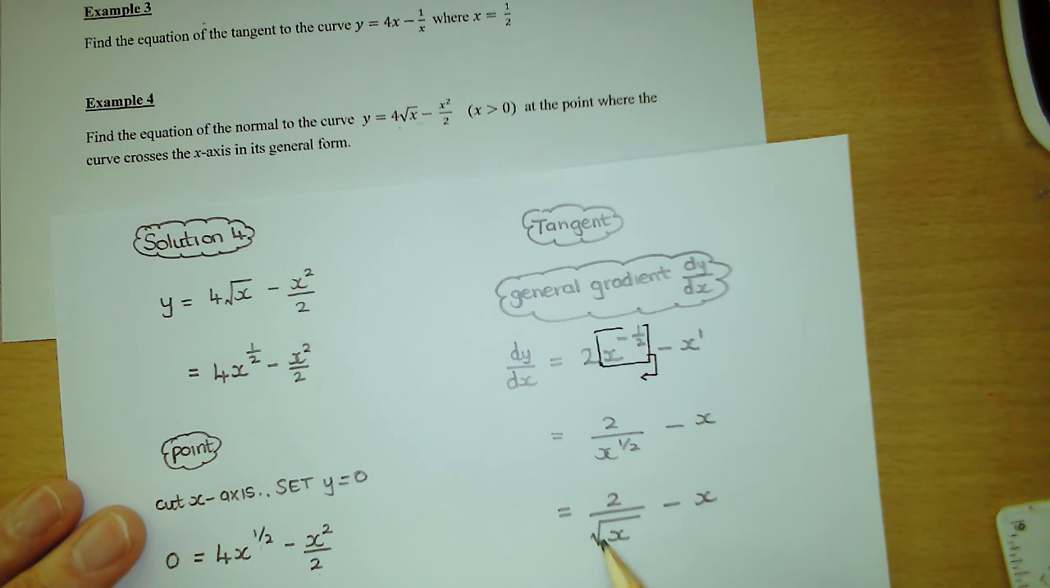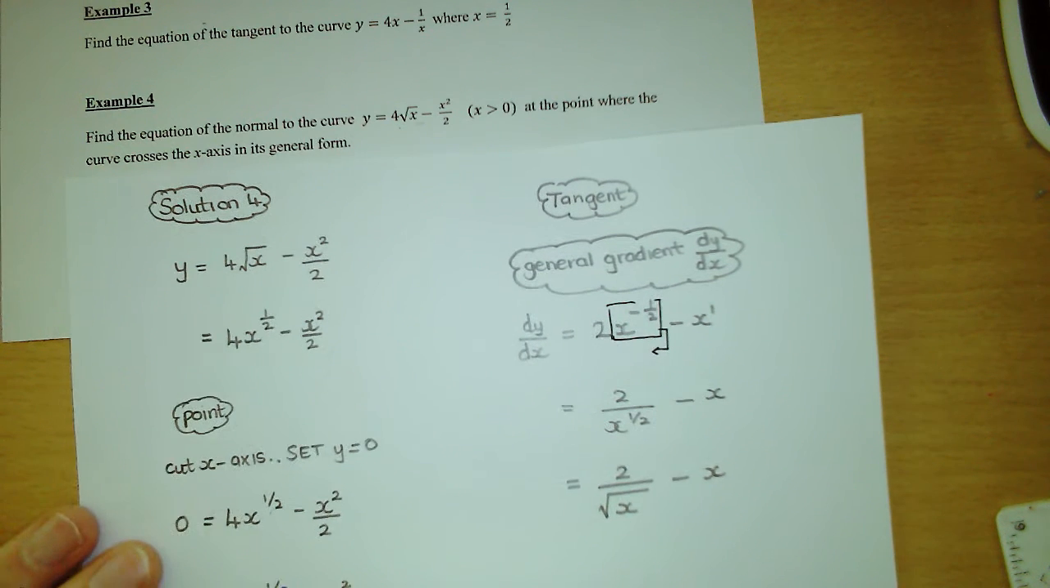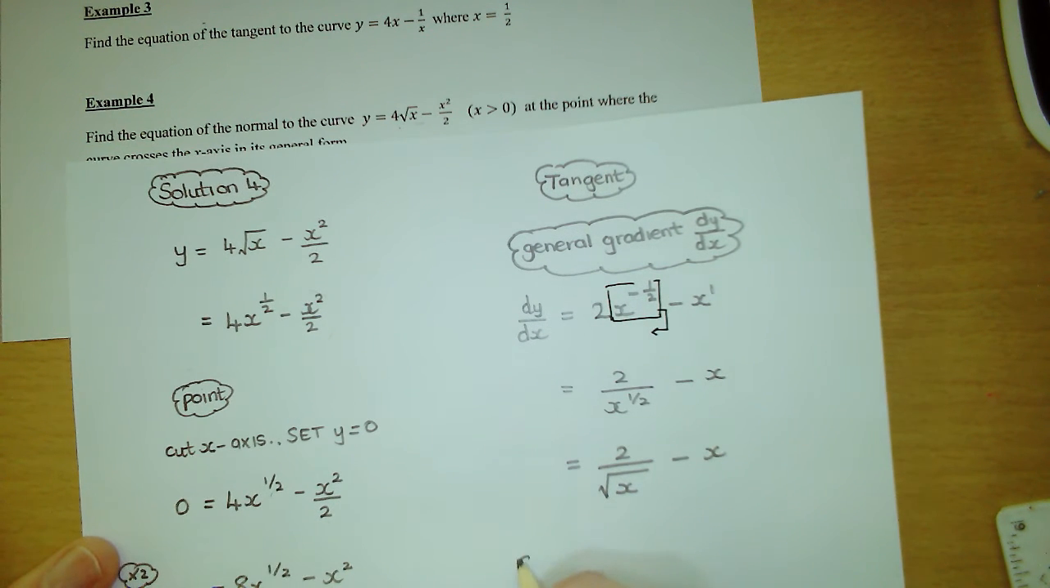The reason I'm putting this in root form is because we're actually going to be subbing in a value for x. If we were actually working out what x was, then I would keep the fractional power, but we're subbing values of x in here. So that's the general gradient. We're now going to get the actual gradient of the tangent. So actual gradient